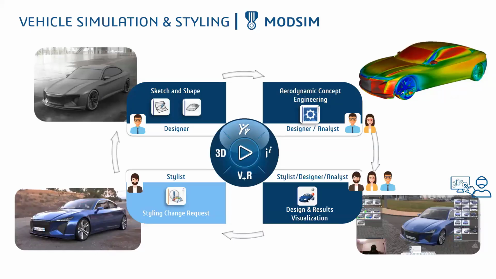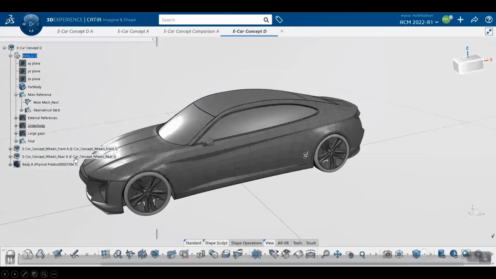So let's say they're looking at that rear end, and the stylist or the designer, they really want more of an aggressive design for this vehicle. What happens if we want to sharpen that rear end, that rear spoiler? Well, typically that's very costly from an aerodynamic point of view. You're going to add drag, and maybe it's too risky to add or sharpen or make it that more aggressive styling change. Well, with MODSIM, you can do what-if scenarios, and you can say, well, let's see what happens if we make a more aggressive